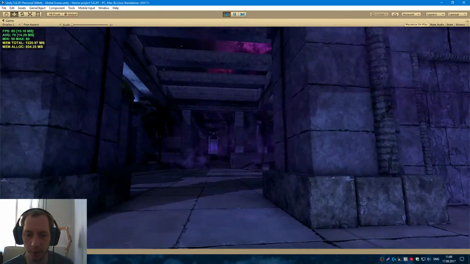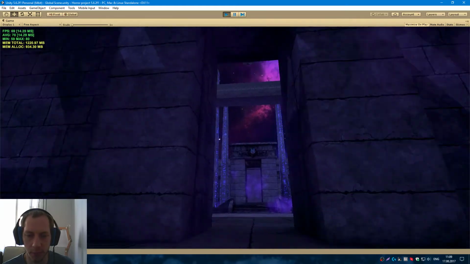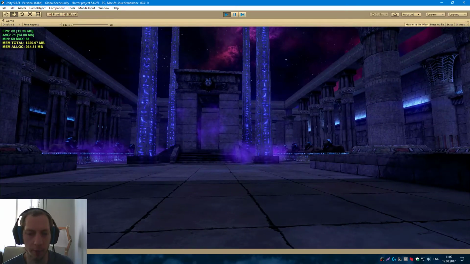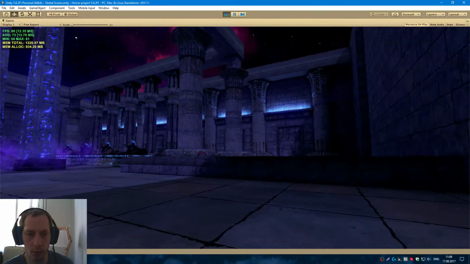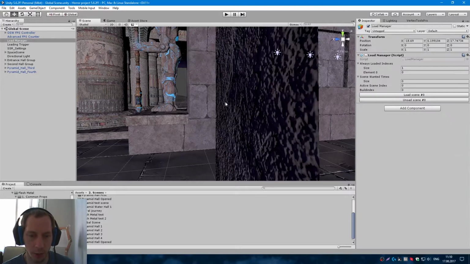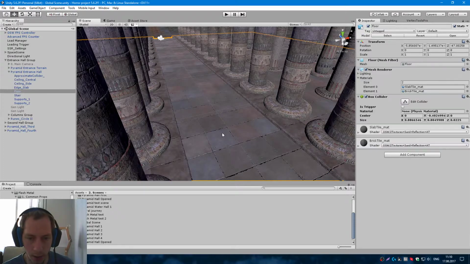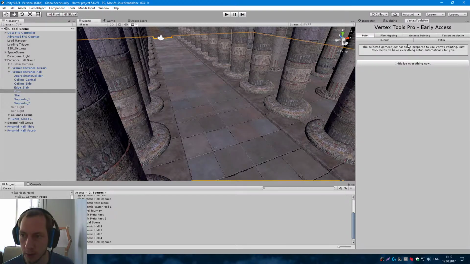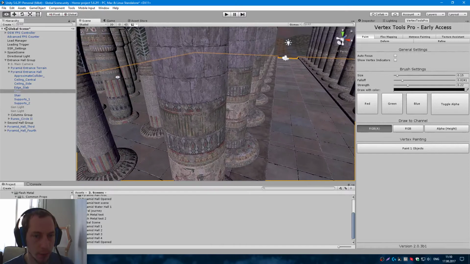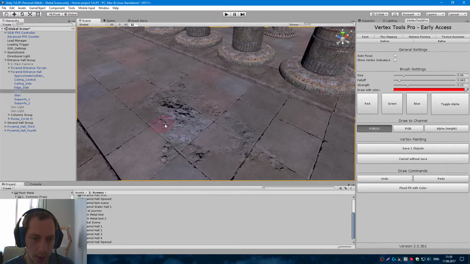Let me go faster, just to show you the whole scene. Everything you can see is painted with shaders we created with the Amplify Creations Shader Editor, and it also has this vertex paint. If I selected the proper thing, I guess I did. Probably will have to increase the size. Yeah, here is the